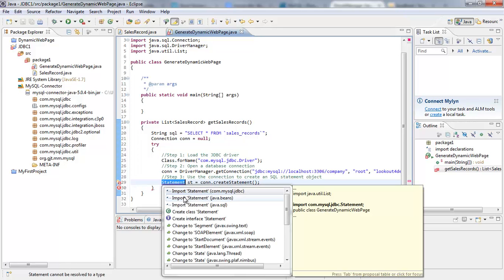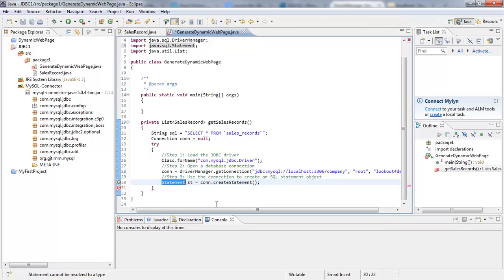I have to import Statement from java.sql. Make sure you do not make the mistake of importing Statement from com.mysql.jdbc or importing Statement from java.beans. Import Statement from java.sql. Alright, so now that we've imported Statement, the next step, which is step 4,